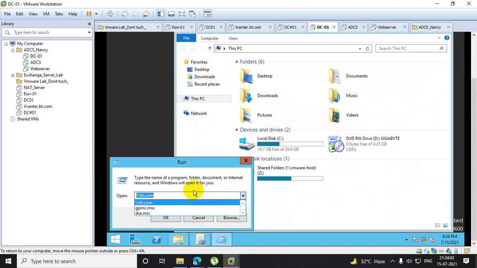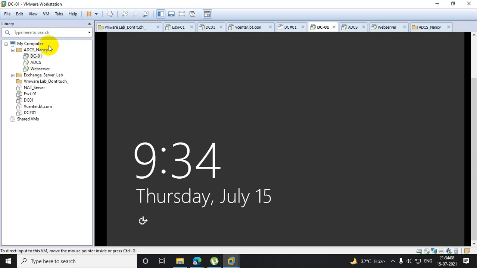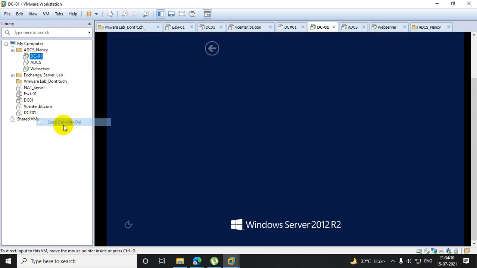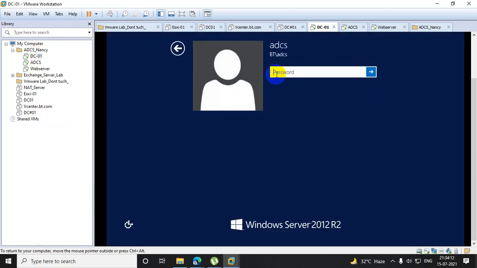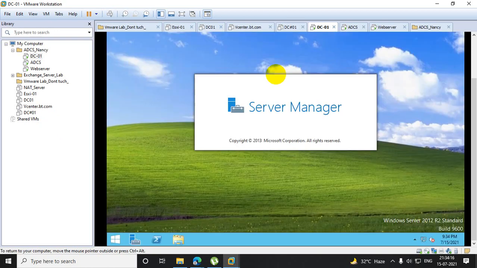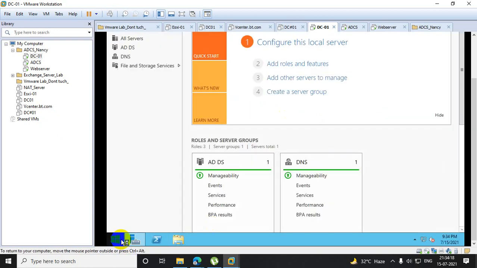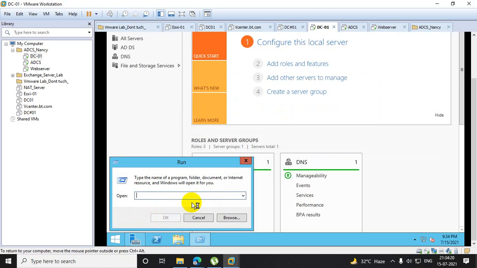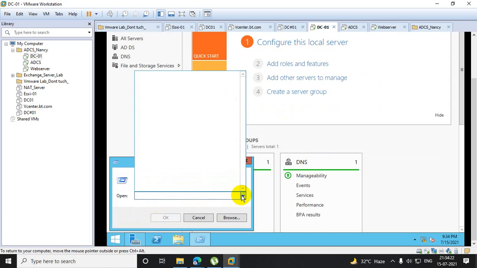Now if I log off, the cache will be cleared. Now if I click on sign off, you will see that this cache was totally blank.